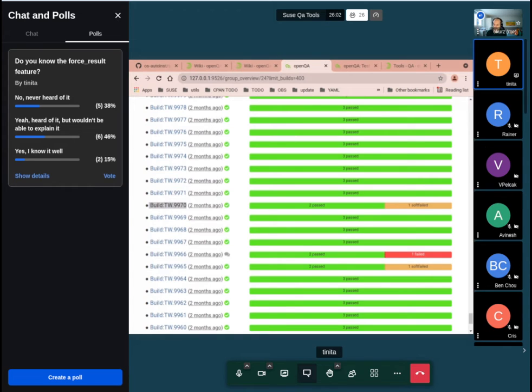Good point. Okay. So meanwhile, 38% have never heard of the feature, 46% heard of it, and 15% know it well. So that's the result of the poll. So yeah, this is how this feature works. And now